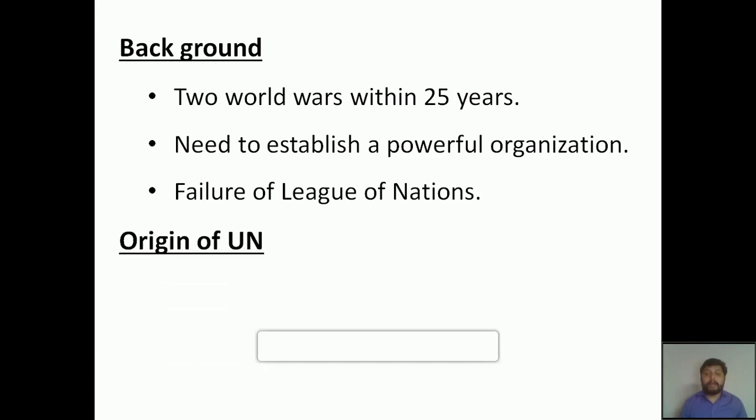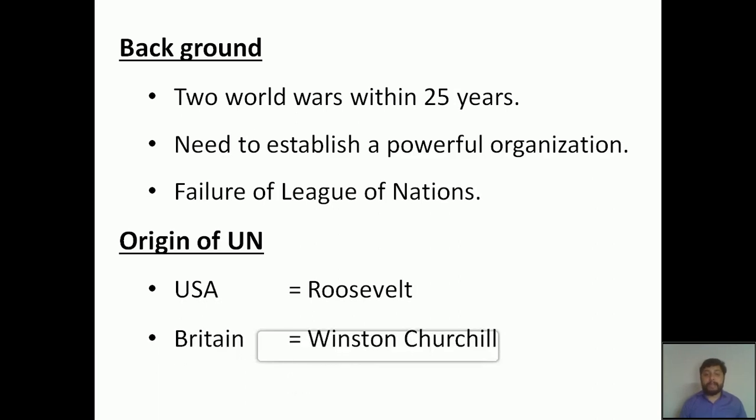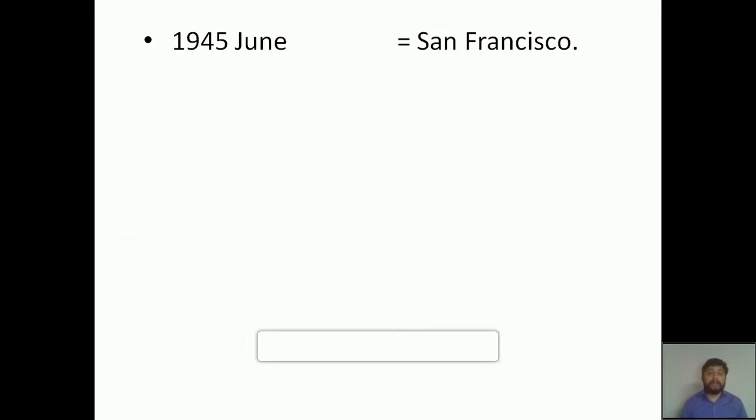As a result, the powerful countries like America, whose president during that time was Roosevelt, and Britain, whose Prime Minister during that time was Winston Churchill, these leaders, along with the other powerful nations, studied and discussed the different situations of the world. They made a final draft of an organization which can effectively function to stop the world from a third world war. As a result, by 1945 June, the first meeting of the United Nations took place